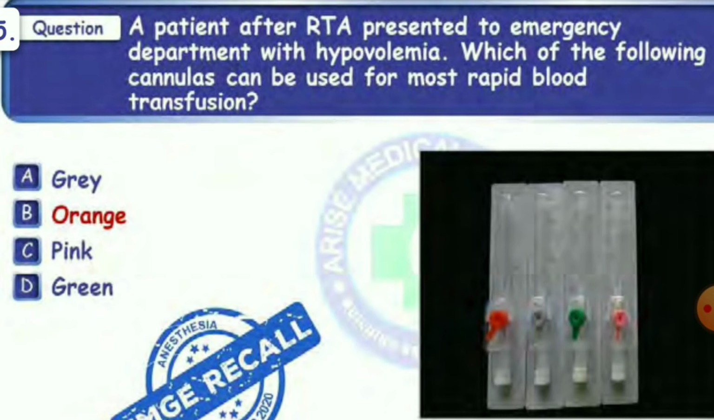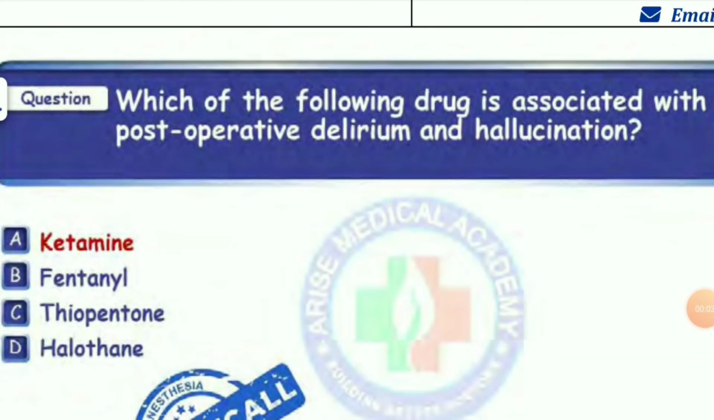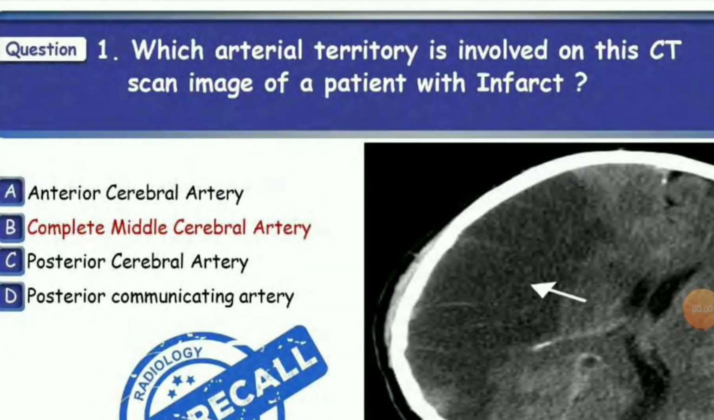Which of the following cannulas can be used for most rapid blood transfusion? Options are gray, orange, pink or green. The answer is orange. Next question, an anesthetist was trying to put a central line. What is the best method to confirm the accurate CVP insertion? The answer is high PCO2 in venous blood. Next question, which of the following drug is associated with post-operative delirium and hallucination? The answer is ketamine. Next question, which arterial territory is involved on this CT scan image of a patient with